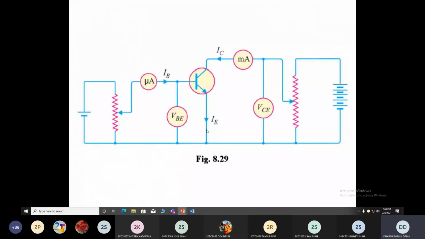Now in the same way you can draw the output characteristic. You can see that is a common emitter configuration. Input current IB you can measure by ammeter. Input voltage VBE by connecting a voltmeter across this base and emitter terminal. Same way output current, collector current, you can measure by putting an ammeter in series at the output side, and measure the output voltage collector to emitter voltage across the collector to emitter terminal by connecting the voltmeter. So this collector current and collector to emitter voltage we require to draw the output characteristics.